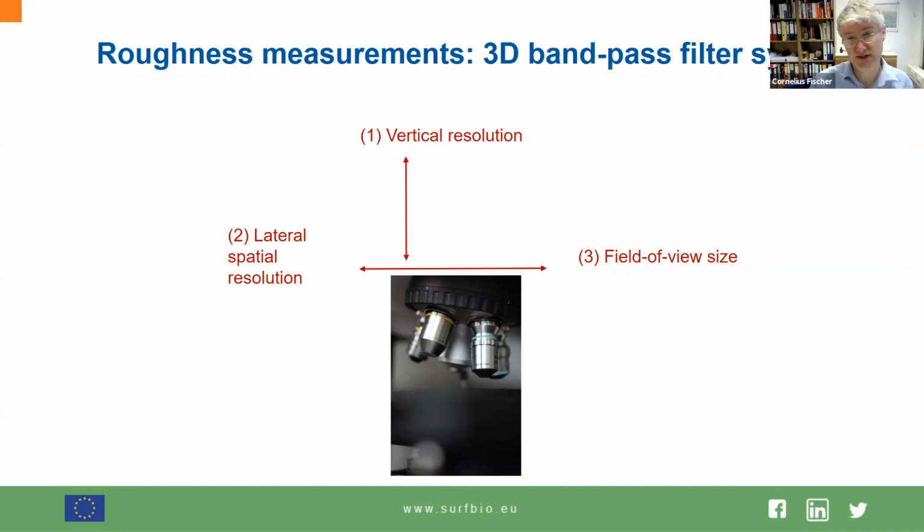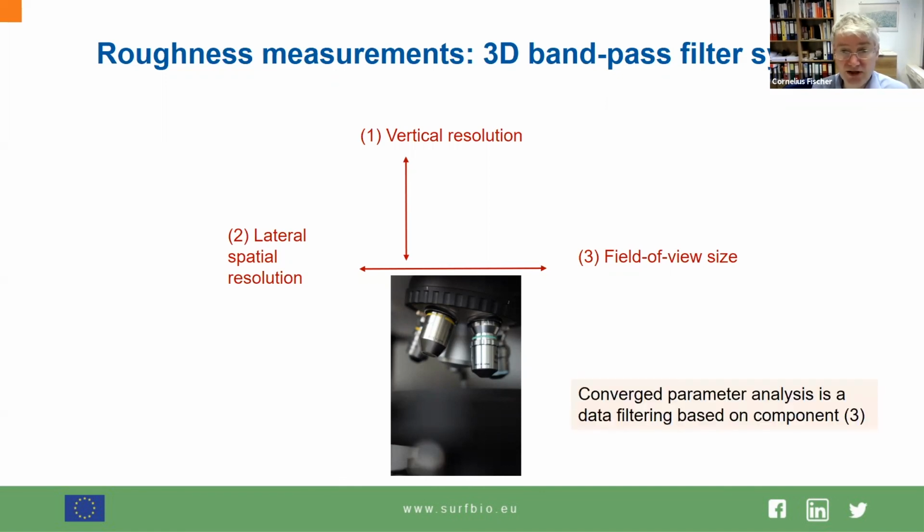So what that means is it constrains two basic physical constraints. Its left side is, of course, lateral spatial resolution. This is the smallest details. And the field of view size is what you utilized for this kind of manual convergency approach, where you minimize the field of view in a well-defined way. So in the end, it's a bandwidth, bandpass system, and you define what range of wavelength variability is quantitatively analyzed. And this provides then a means of